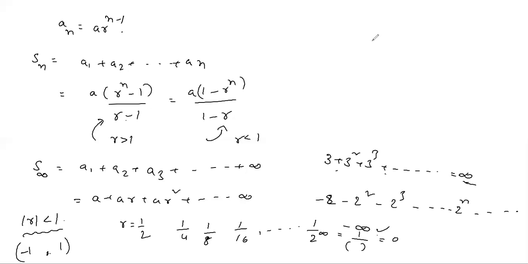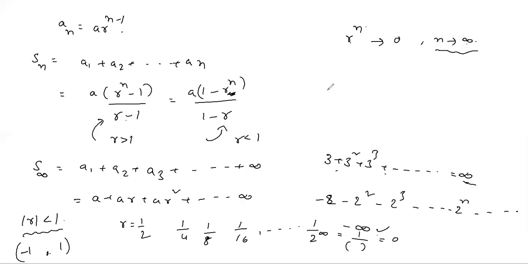If you raise a fraction to the power of infinity, it is nearly equal to 0 as n approaches infinity. N tends to infinity means n is a very big number. Then a fraction raised to infinity is nearly equal to 0. Not exactly, but nearly, so approximately equal to 0.